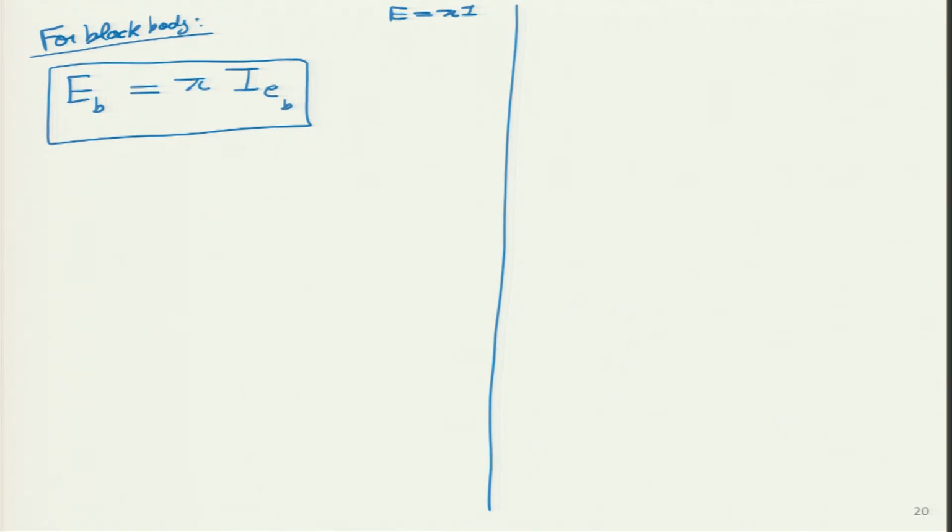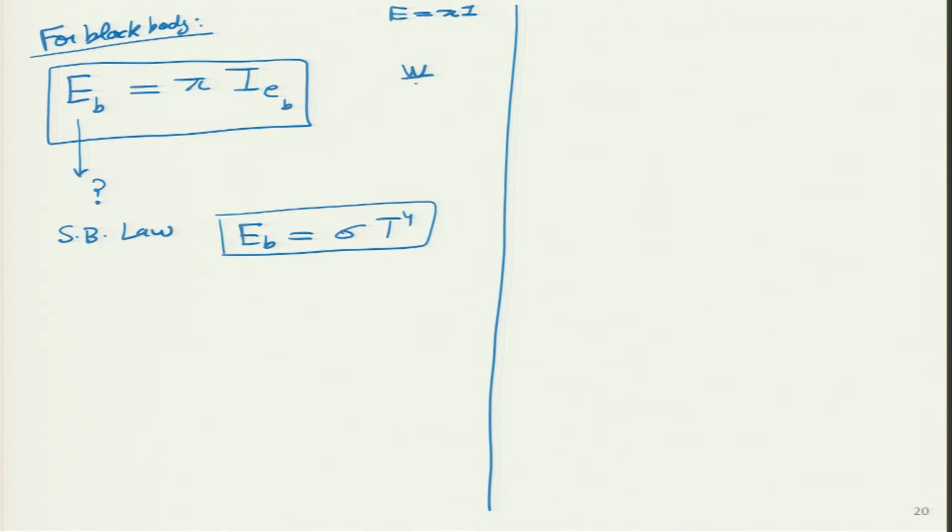And if students remember, what is the value of E b? From Stefan-Boltzmann law, we have already got this value. What was that value? It is simply sigma T to the power 4. Please remember all these things. The units also we can check. This equation's units are watts per meter square, here also it is watts per meter square, which means this I_B,